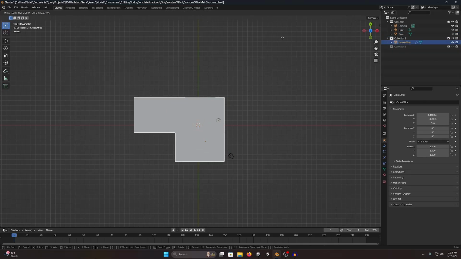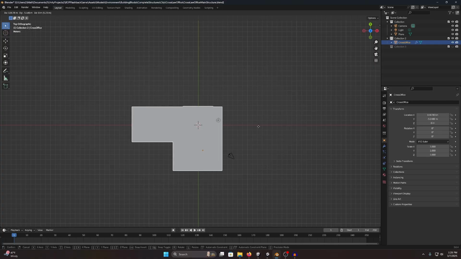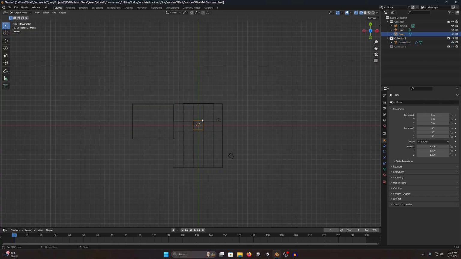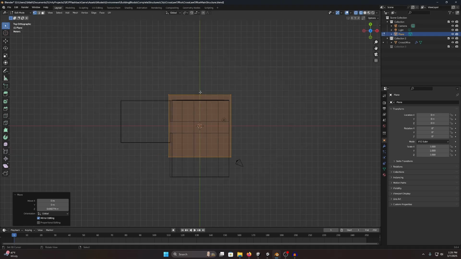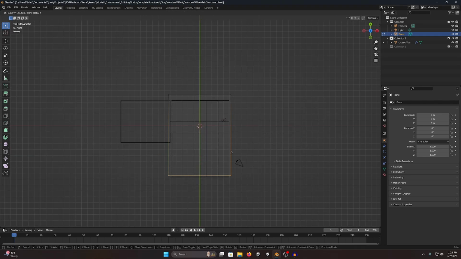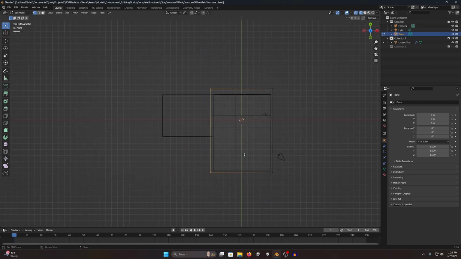I will also kind of move the reference because I can do that. And maybe center it around there somewhere. It doesn't have to be exact. Just going to scale this up, and this will be the floor. Move it slightly above the 0 point. Get it there, and then I'm gonna